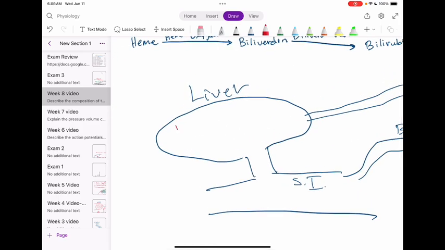So we'll start. We have bilirubin that comes into the cell. And what attaches are these glucuronic acid substrates. They bind to it to make conjugated bilirubin. And this comes through the common bile duct. So this is a component of bile. So this enters the small intestine